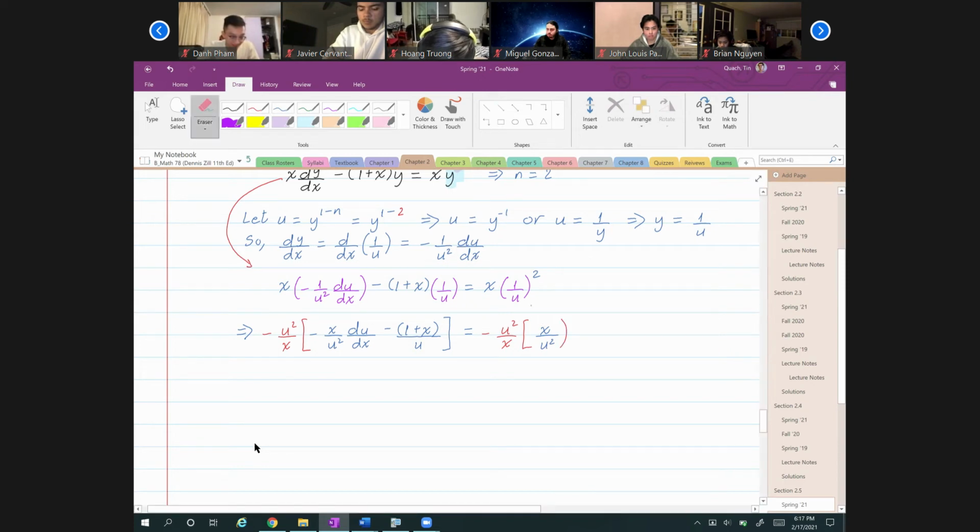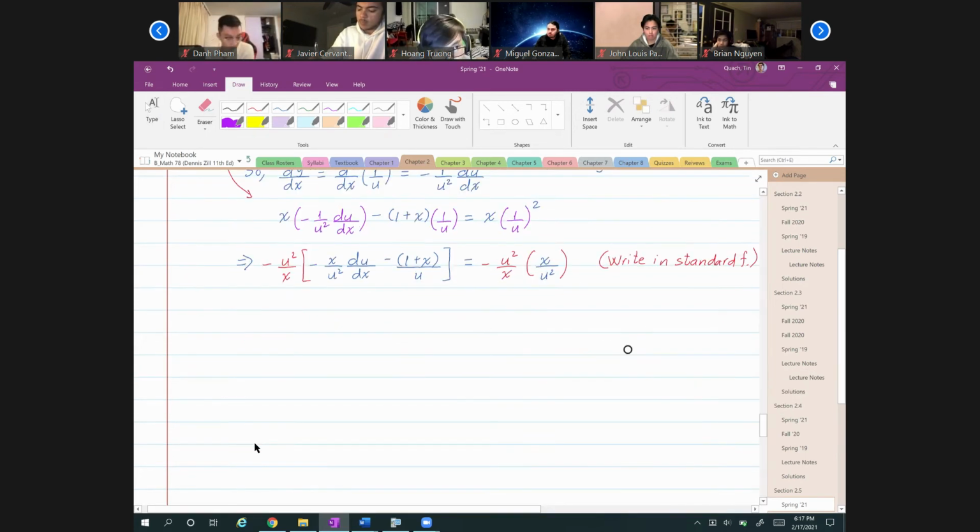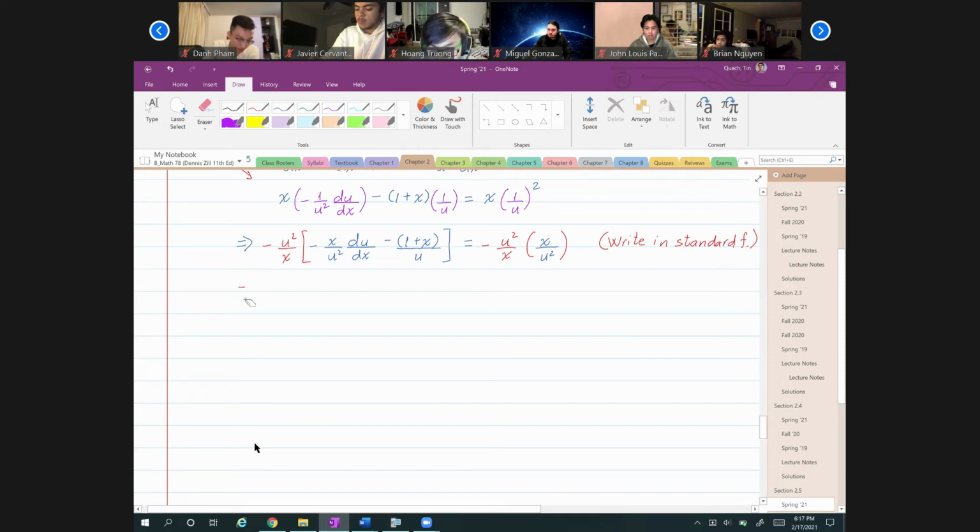So I'm using parentheses. I just want to make a note to myself that I'm writing this one in standard form. In standard form, I just abbreviate. All right, so after you simplify, now you multiply out and simplify. What you have